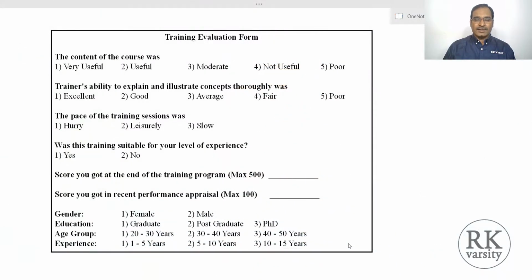Now I will explain the initial spade work done by the HR team. The first few questions that the HR team faced: one is the designing of a questionnaire. The second one is how to administer the questionnaire. So based on previous experience and different sources, they designed this training evaluation form where they use